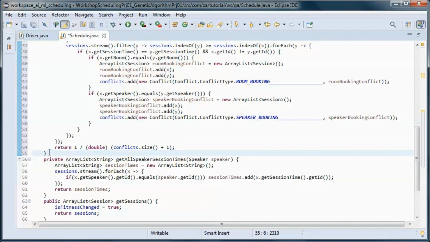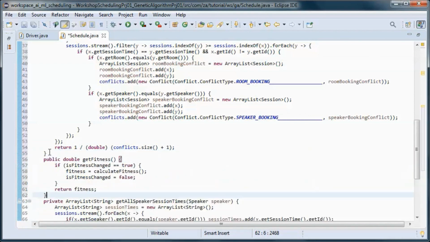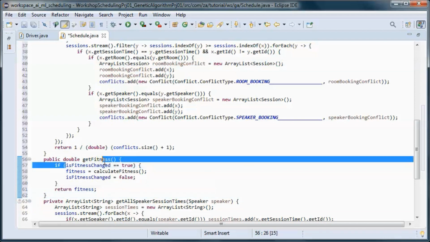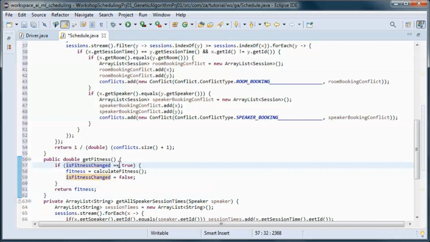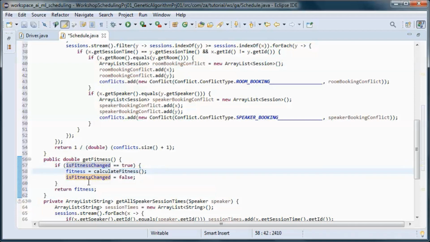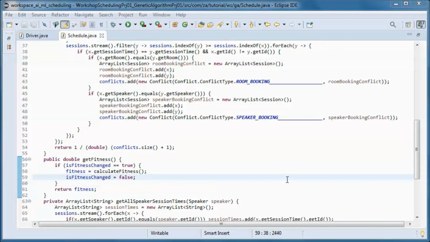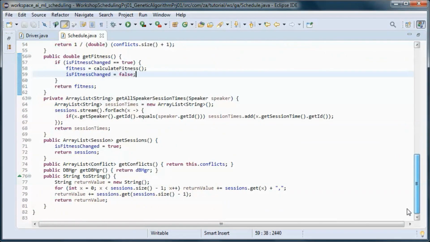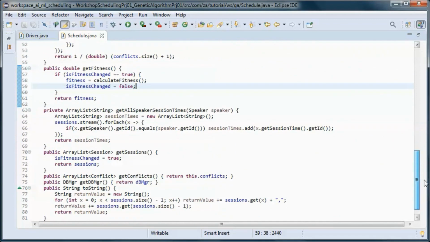And this method checks to see if the isFitnessChanged flag is true, and if so, it recalculates the fitness and sets that flag to false. And this should do it for this class.